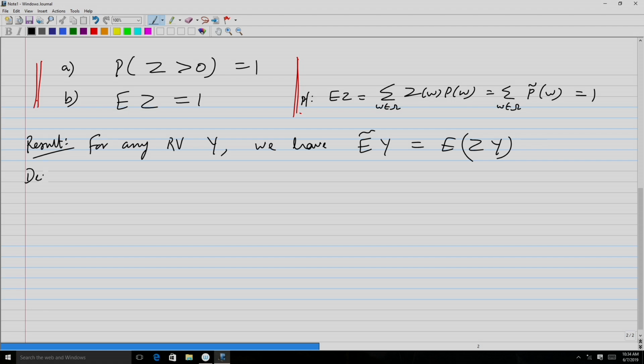Now, let us define. So, this Z, if you look at it in the n period binomial context, so far it is fine that for any finite probability space this is true, but if you look at the binomial model setup, this Z depends on all n periods in an n period binomial model. Now, we also would like to see the corresponding quantities which are dependent on, or which are measurable with respect to, fewer than n tosses or fewer than n periods. So, to do that, we need the following definition, which we call the Rn derivative process.